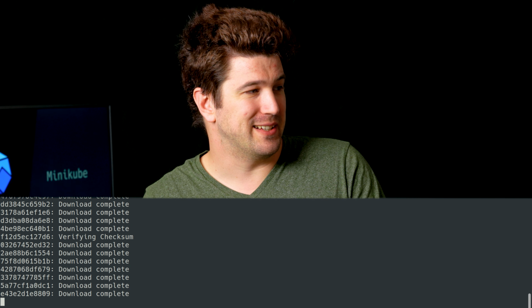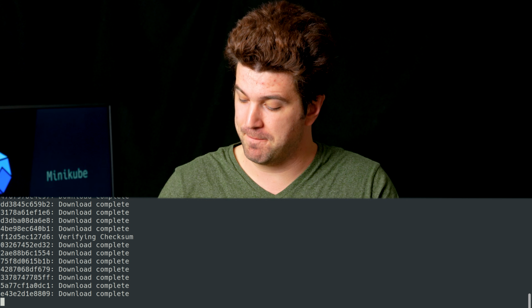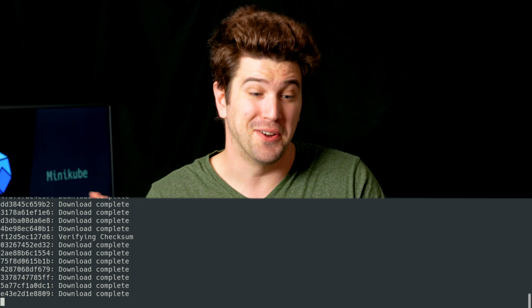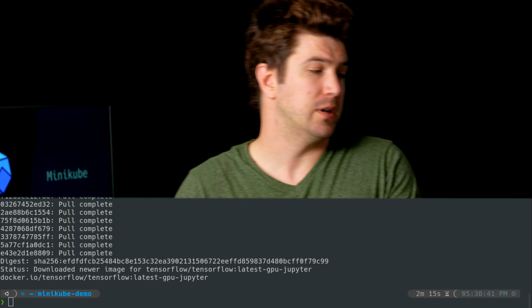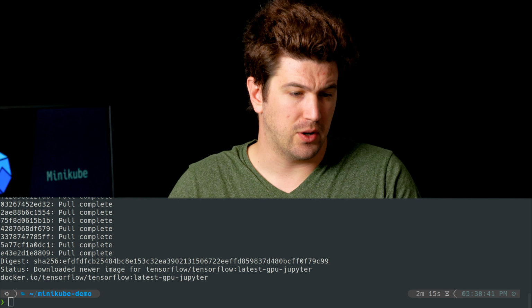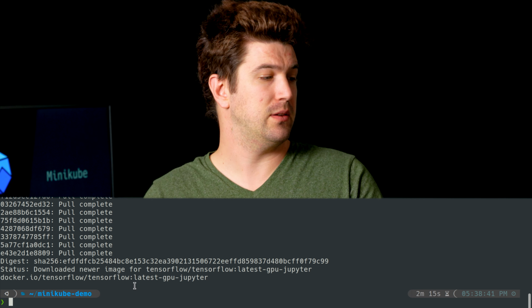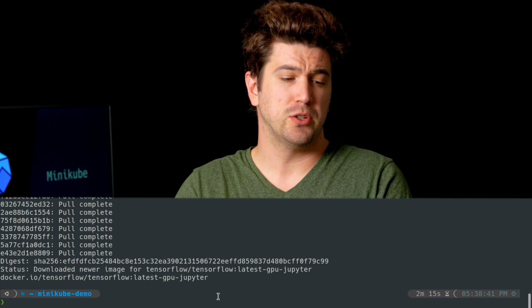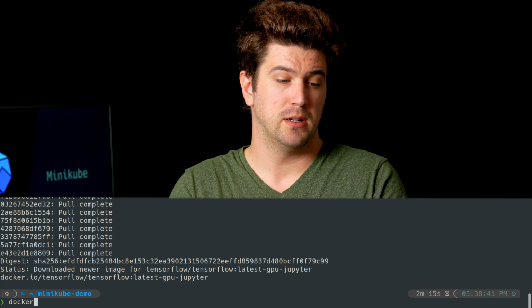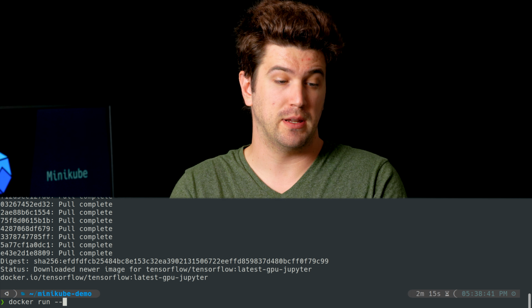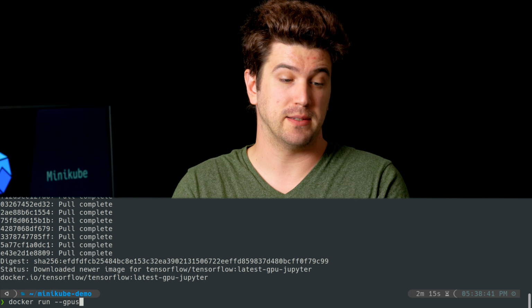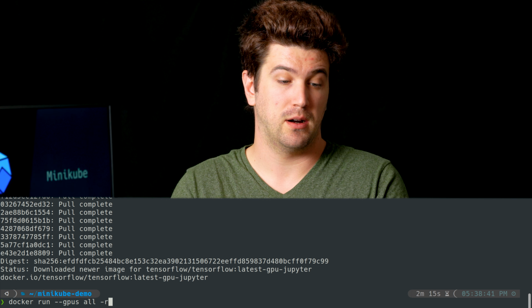You can see some of these already exist, and that is from our Kubeflow install. All right, and then to run this, all you have to do is run it like this. So we have the latest GPU Jupyter. To run it in Docker, you just have to type docker run --gpus all --rm